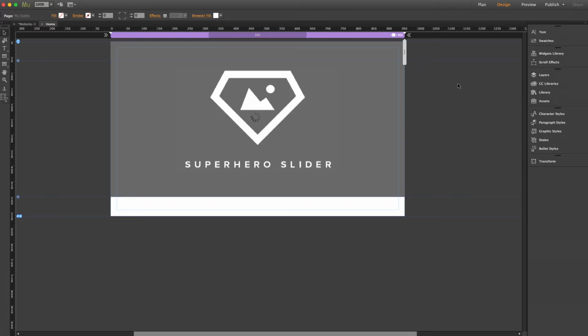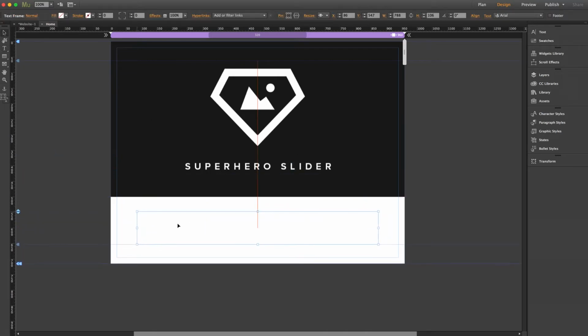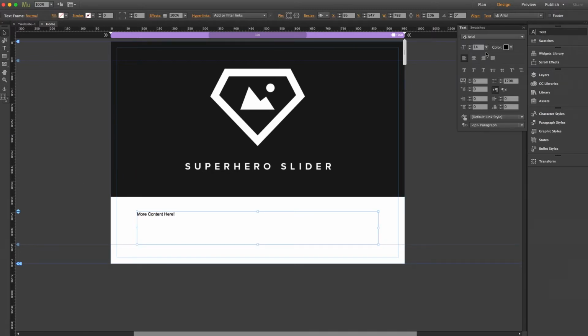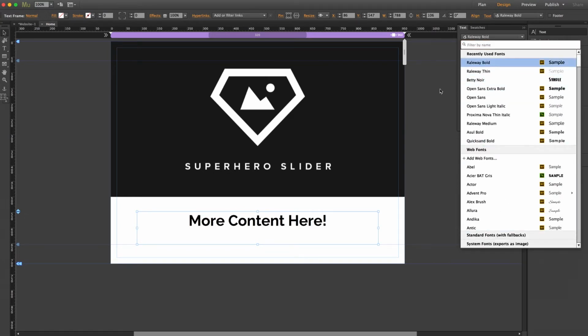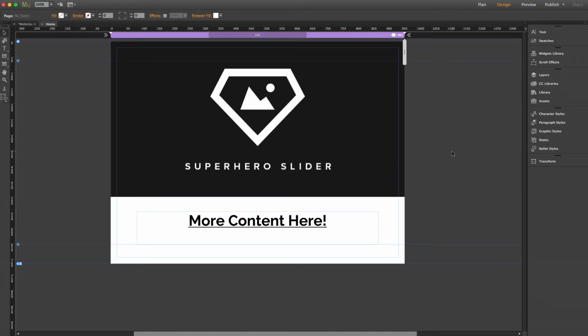There. And just for the sake of demonstrating the responsiveness, I'm going to place some piece of content below the widget so that we can see how it interacts in the browser with the scrolling. So let me just grab my text tool, and I'll make a new text box and place it beneath the widget. And we can just type some basic text, more content here. And let me just really quick size it up, and we'll change the font a bit. Perfect. Now let's jump into the settings panel.